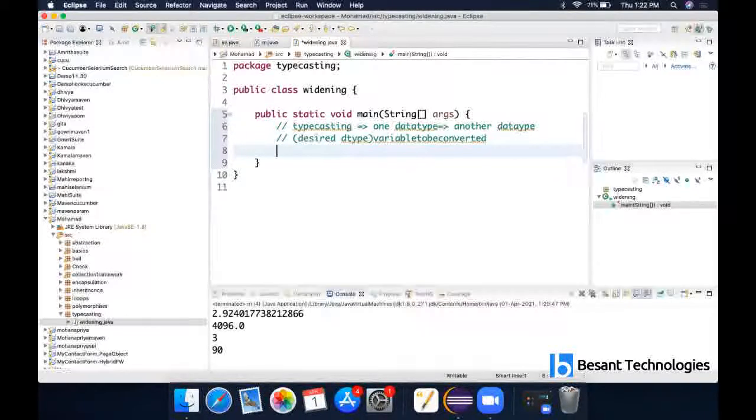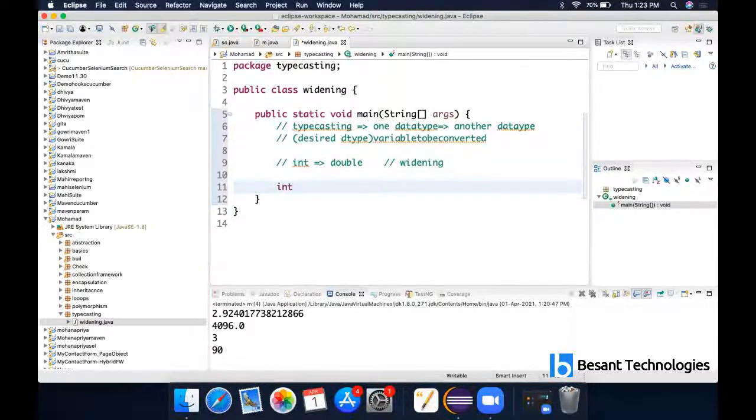Okay, let's see how to use this in real time. I want to convert an integer variable to a float, or double, it will be double. That is smaller to bigger, right? Integer means it will not have any pointed values, but double means it will have a pointed value. That is, you are going to convert a smaller value to a bigger value. If it is smaller to bigger, we call it widening typecasting. When you're typecasting between numbers, there are two types, widening and narrowing. Widening means smaller to larger. So integer to double is an example for that.